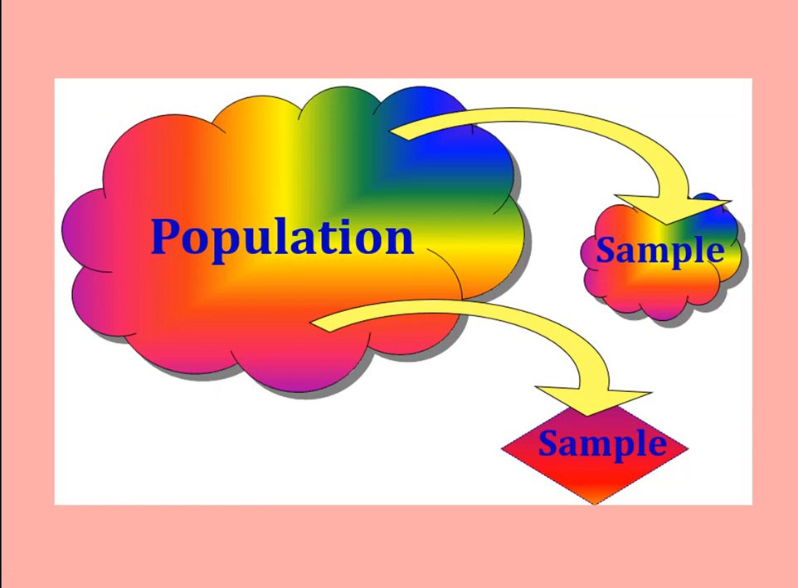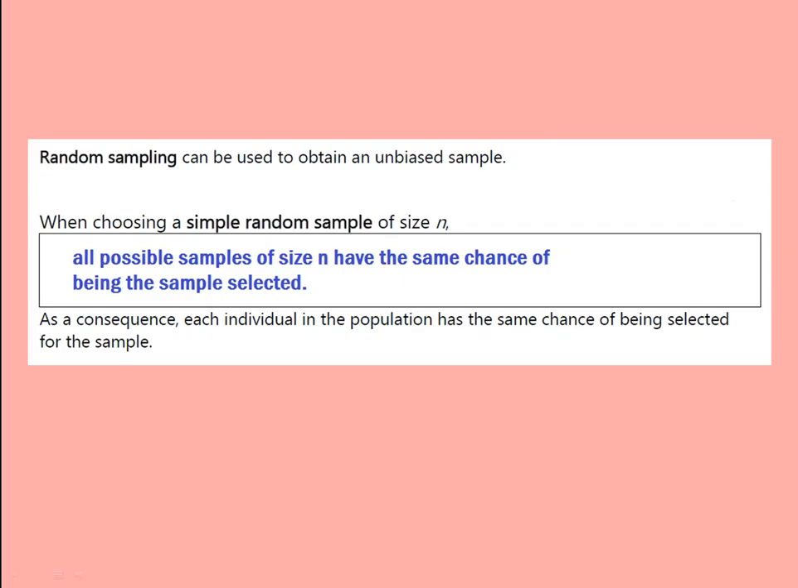The cloud-shaped sample is supposed to represent the good sample because it looks like the population. The diamond-shaped sample is supposed to represent a bad or biased sample since it doesn't look like the population. In general, you want to have an unbiased sample, not a biased sample. The easiest way to get an unbiased sample is to take a random sample, and the best place to start